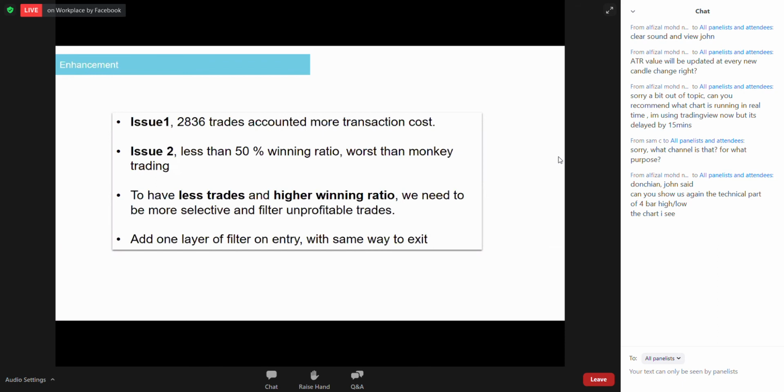To place a filter that can really improve my result is difficult because we have so many indicators, and most indicators are trend indicators, so the result will be the same. If you use trend indicators, the result will usually be around a 45% to 50% winning ratio. To go above 50, you will need some statistical logic. I tried ADX, Ichimoku Cloud, moving average crossover, MACD, whatever you need. A lot of Excel: put in the indicator, see the result, then throw it away, and never open the Excel again.